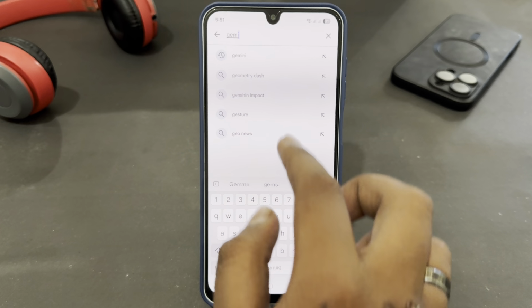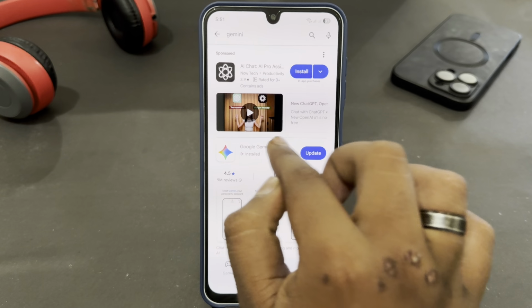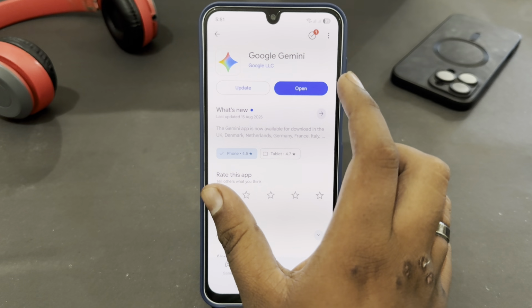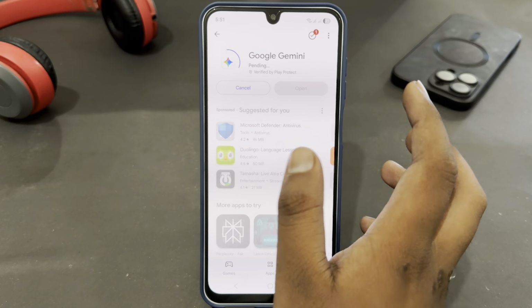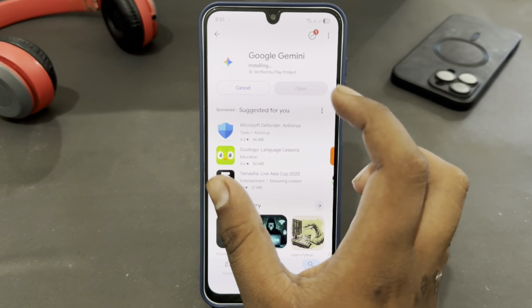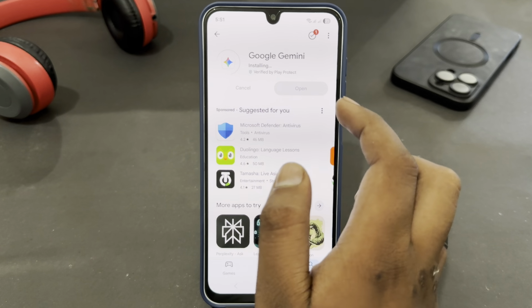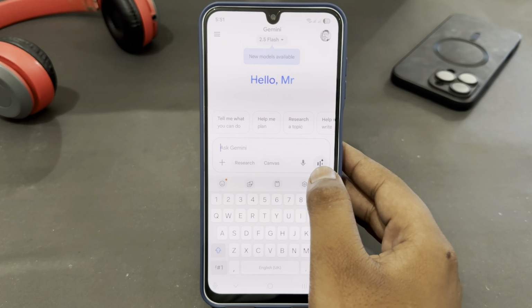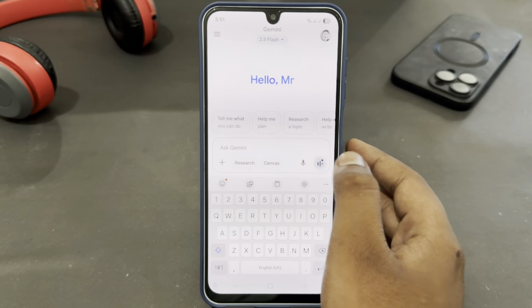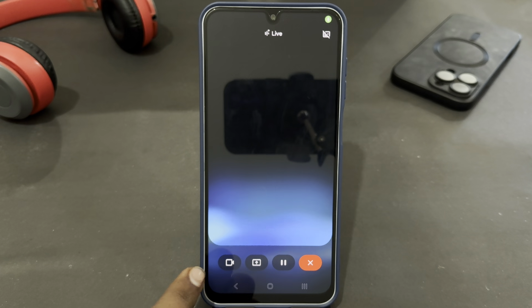Just search for this, and here you just have to install this app. If you have already installed it or there is an update, you can easily update the app, and after that just wait for installation and then open the app, and here just select Google Gemini Live, and then select this camera